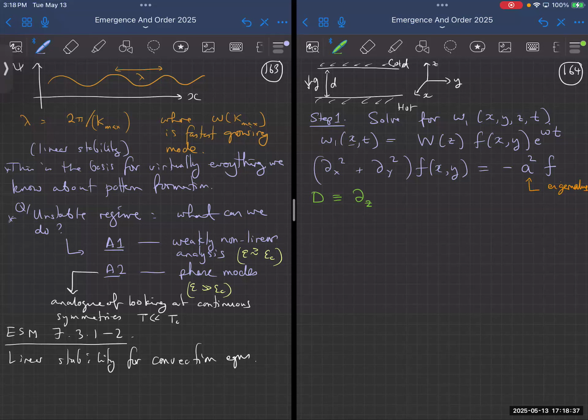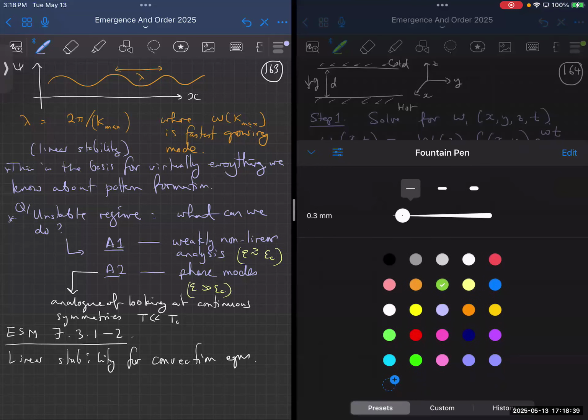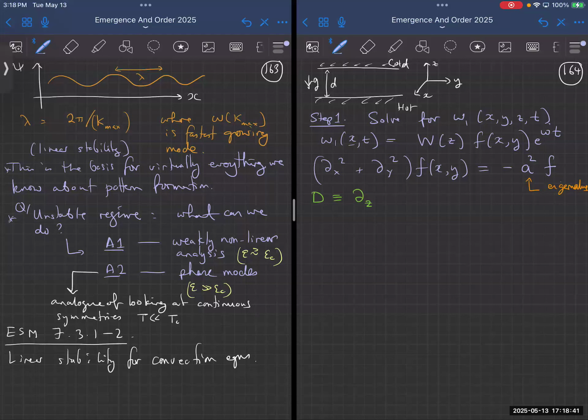If you plug that into the equations, what you end up with is this: nu d squared minus a squared minus omega